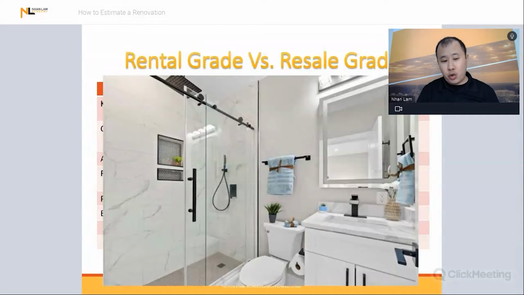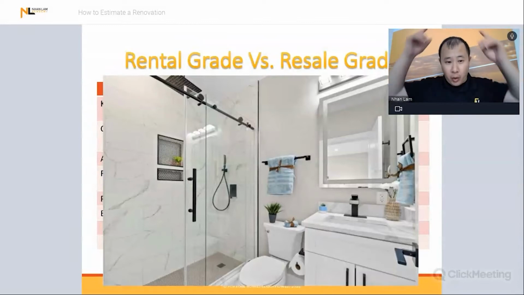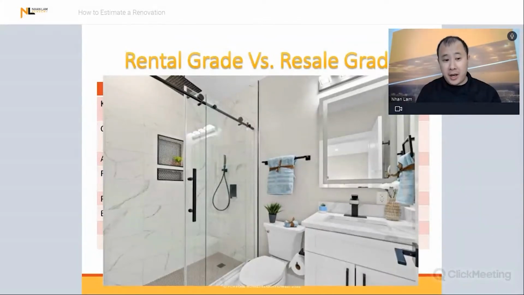The drain is a square drain. It's not a circle drain. The square drain, again, doesn't cost much more to do, but it makes it look more fancy. It matches with the square shower head on top, and also the square soap dish rack on the wall as well. So everything in here in this kitchen is rectangle or square, and it all matches very